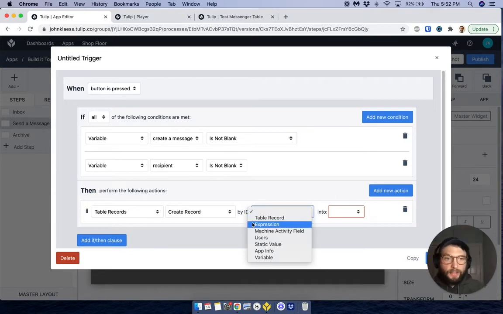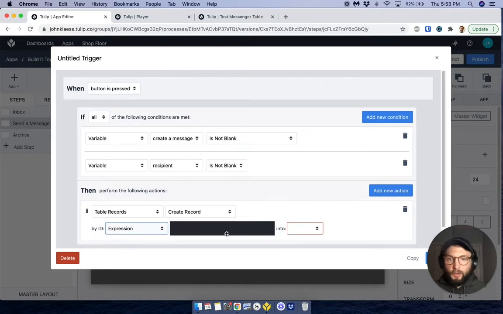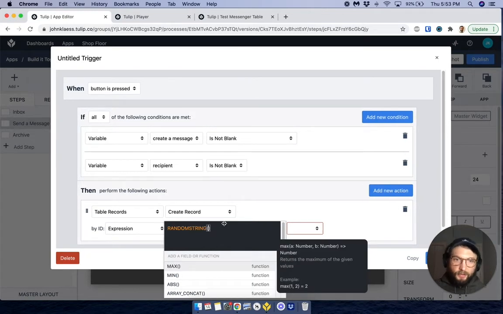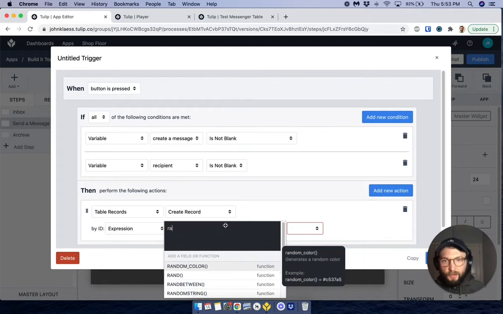One way I like to do this is by using the expression editor to either add a random string of numbers and figures together, or we can use data from our application to populate this in a way that might be more meaningful to you later on. So we'll do an expression right here. If we wanted to do random, we could just go down here, do random string. This is going to output a random string. But for us, let's just say we want to do,